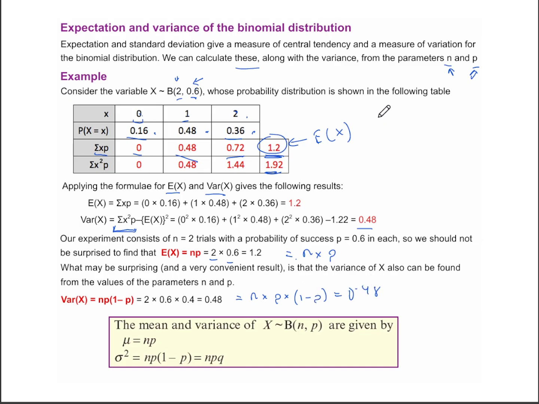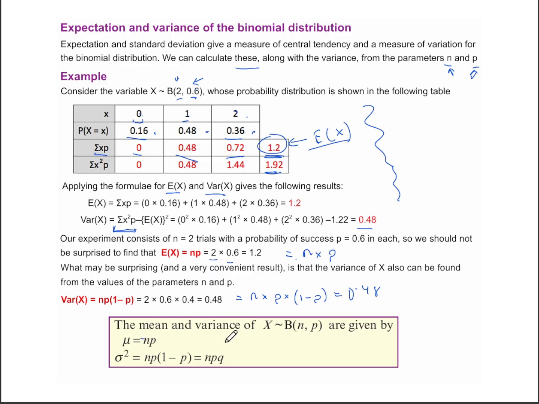So we don't have to go through this entire process, but we just went through it to show you that np also gives us the expectation that we learned to do in the previous section, and npq gives us the variance that we learned to do in the previous section. Therefore,